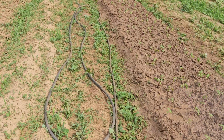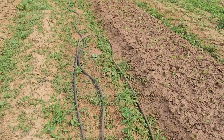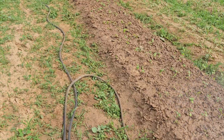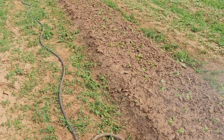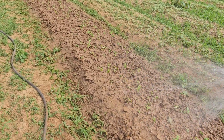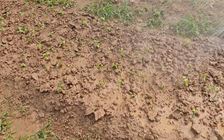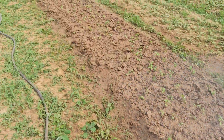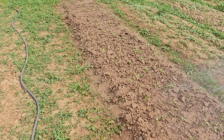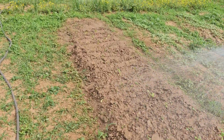One thing we decided on is that we will just go ahead and start them inside all the way through May. But starting in June, we're going to direct sow them, because the ground will be warm enough by that point. And we'll dig our little trench across. You can see how we've gone across instead of down the row. That makes it easier, actually. So we will dig our little trenches across, sprinkle a little fertilizer in,